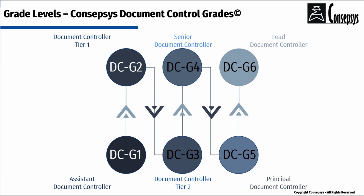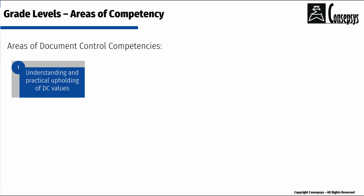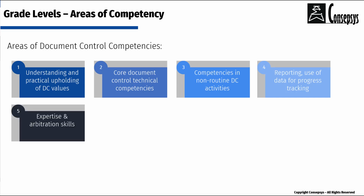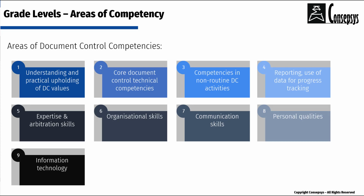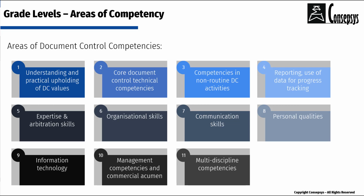Each type of role is defined as per its approximate number of years on the job and on its level of proficiency in a set of 12 competency groups as follows: understanding and practical upholding of DC values, the famous TICS values, core document control technical competencies, competencies in non-routine document control activities, reporting, use of data for progress tracking, expertise and arbitration skills, organization skills, communication skills, personal qualities, information technology, management competencies and commercial acumen, multidiscipline competencies, leadership